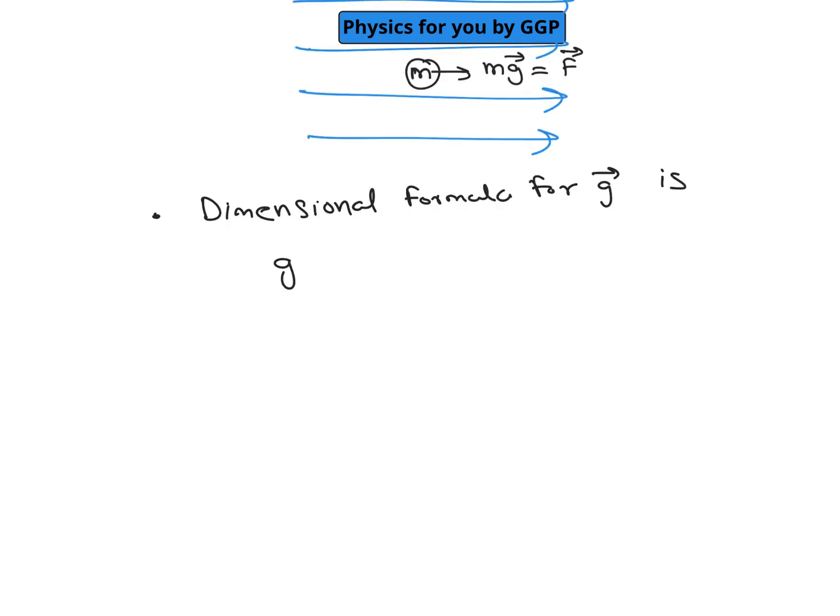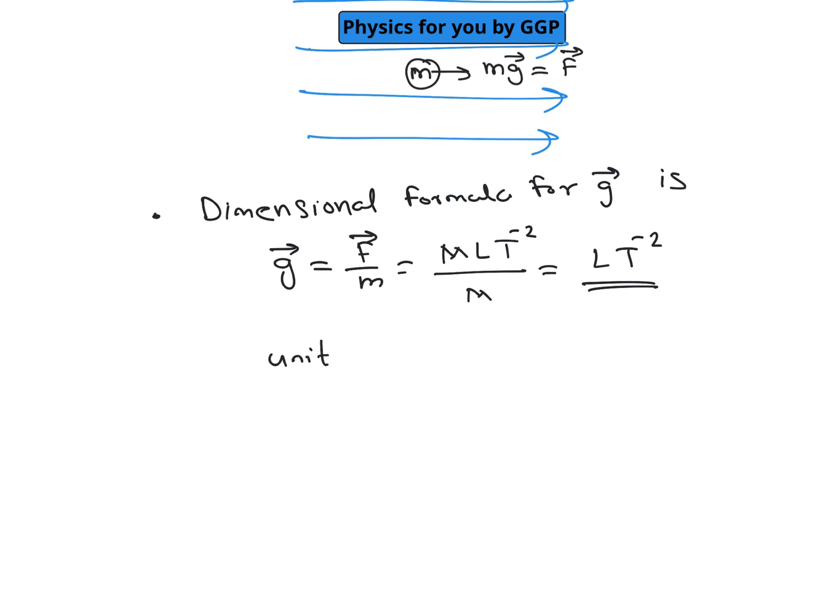Dimensional formula for gravitational field strength, or acceleration due to gravity: we know that gravitational field strength is force divided by mass. So we can write force as M L T raised to minus 2, divided by mass, which we take as M. So we can write it as L T raised to minus 2, which is similar to the dimensional formula for acceleration. And we can even write its SI unit, which is newton per kilogram, force per mass, or newton kilogram raised to minus